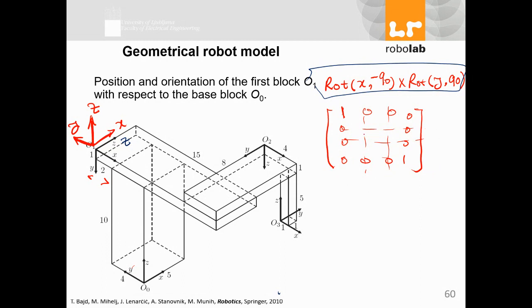Okay, so the values are, so X, Y, Z, so it will be cosine of negative 90, cosine negative 90, sine